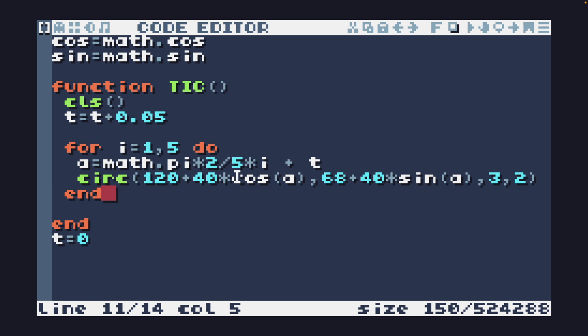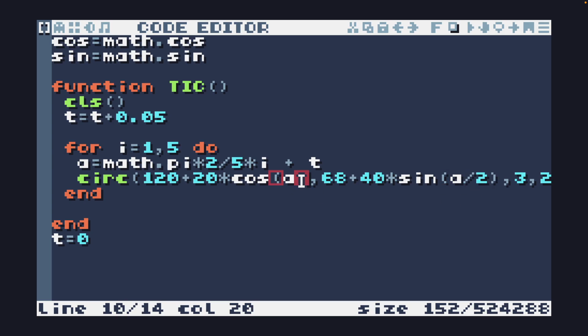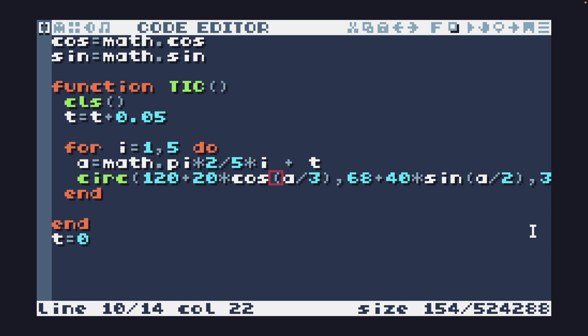So some things that we can do to make these rotations a bit different is, obviously, you saw it when we were setting it up, we can vary the x and y to give it a bit of a different spin, and we can also get the sine and cosine of different angles. So for example, if I get the sine of A and the sine of A divided by 2, it'll give me some kind of an effect like this, and if I maybe make this divided by 3, you'll see that we get this type of movement. And these are called Lissajous curves, and we'll be taking a bit more of an in-depth look at them tomorrow. So I'm just going to put this back,